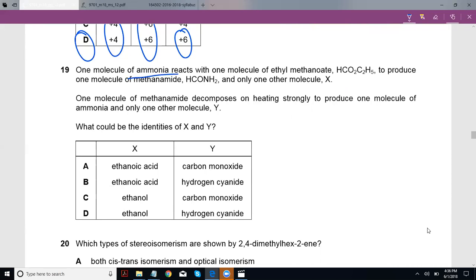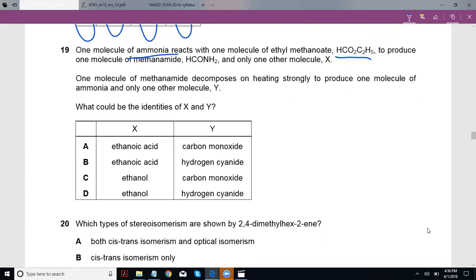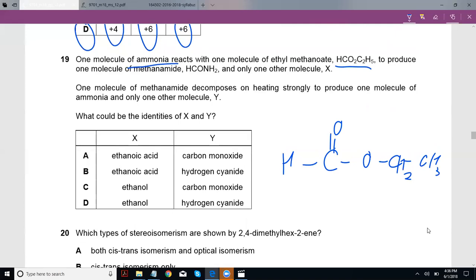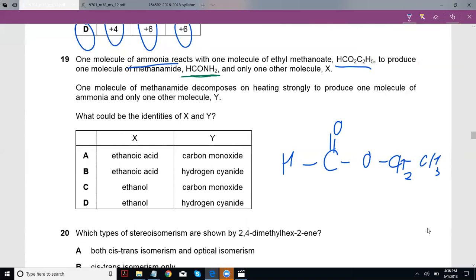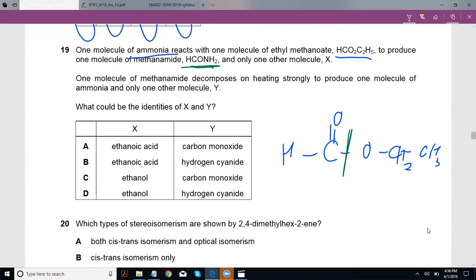So there's ammonia coming, and if we draw the structure of this, it will be something like the structure of ethyl methanoate. Now, as it reacts, what is basically happening is it's forming an amide. This is an amide. So what's first going to happen is the ester bond is going to break,